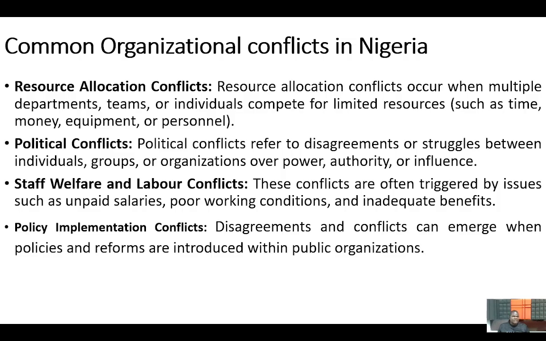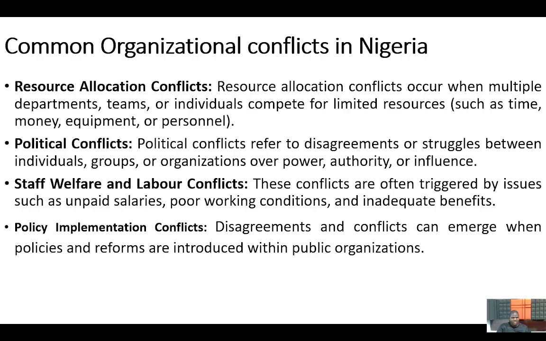many people least expected that such an economic policy would happen. And when it happened, we had what is called national protests all over the country, and such an event can cause conflict. So if the managing director or the president of an organization just wakes up one day and introduces a policy that does not capture the interest of all members of the organization, it will cause conflict. Some will begin to disagree and agree, and before you know it, they begin to send very bad signals and bad information, and crisis begins to happen. So these are some of the common organizational conflicts that we see in Nigeria.